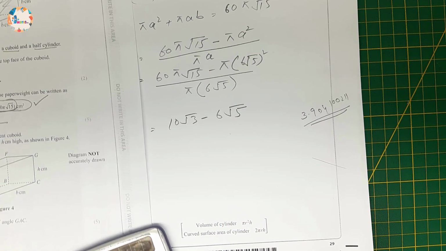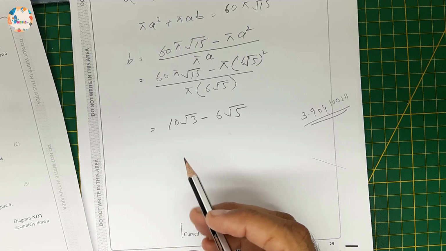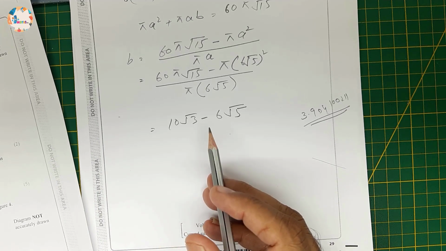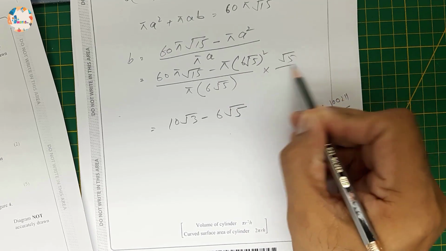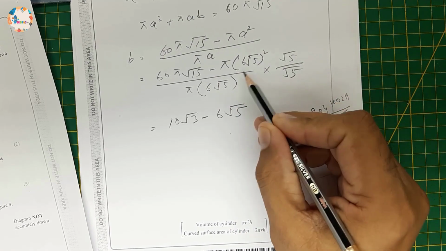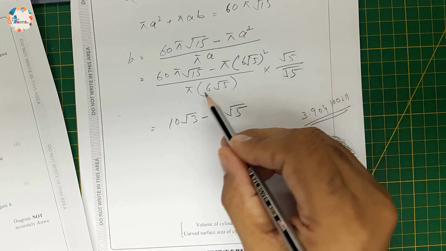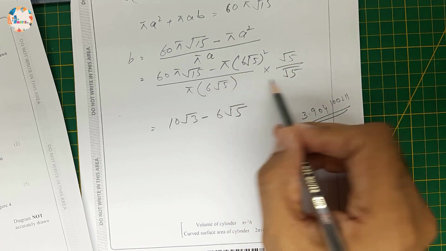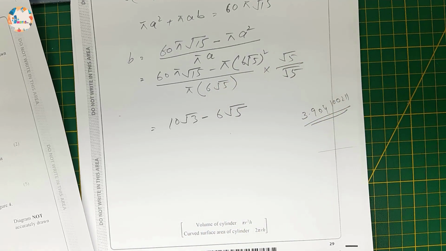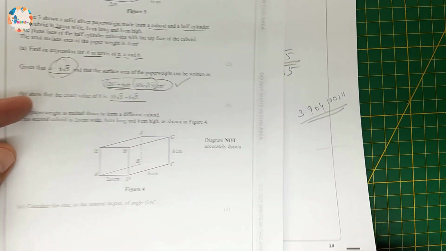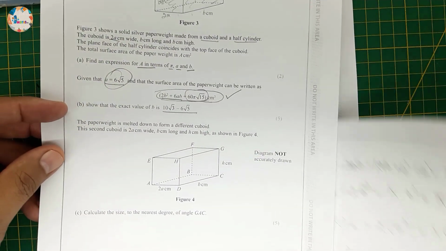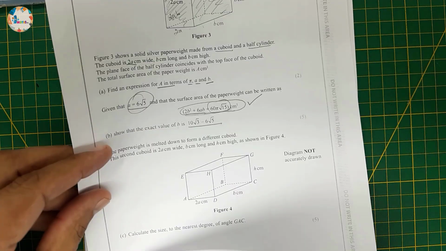And if you want, you can further simplify this by rationalization. Basically you will have to multiply this with under root 5 and this also with under root 5, and then you will get this under root cancelled, and then you can reach this answer. Hopefully you understood this part as well. Now this is done. Next part is basically